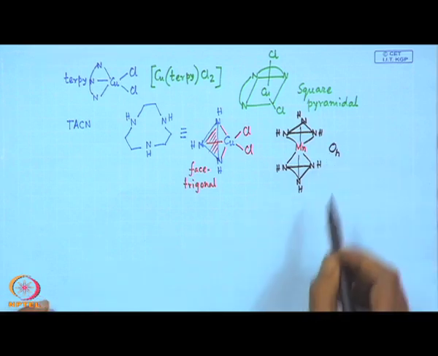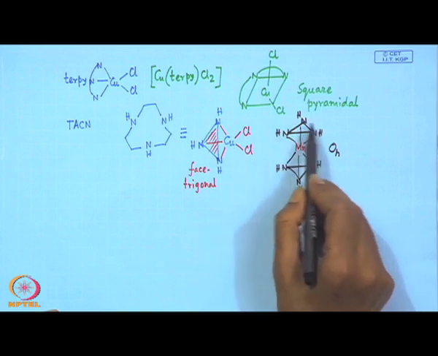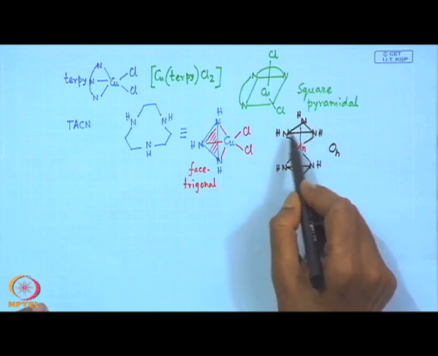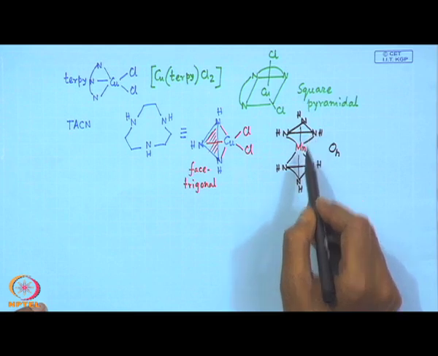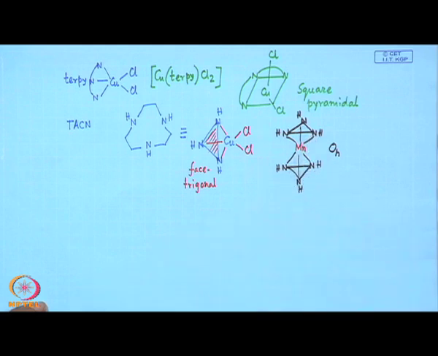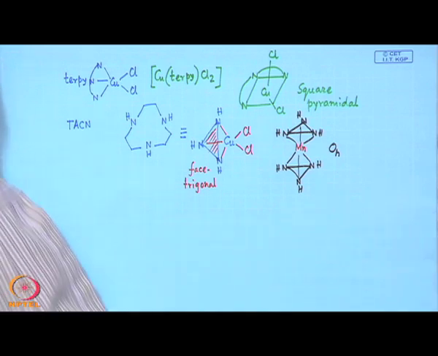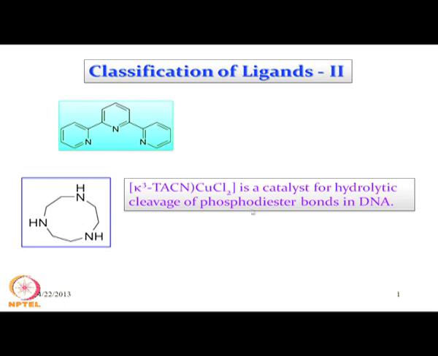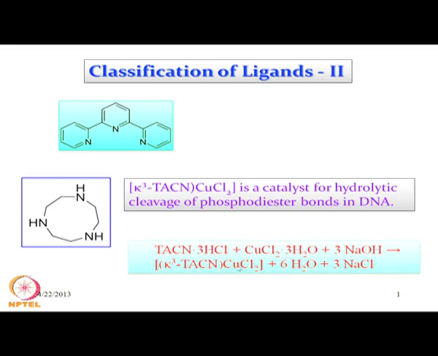But here now both the sides, that means both the trigonal faces, are occupied. So, it is basically capped from the top as well as capped from below, and in this particular geometry its reactivity pattern should be less. So, it is showing the esterase activity when it is bound to copper center,